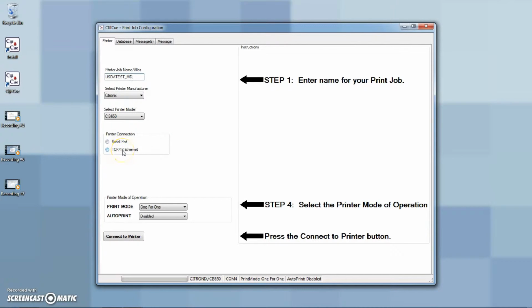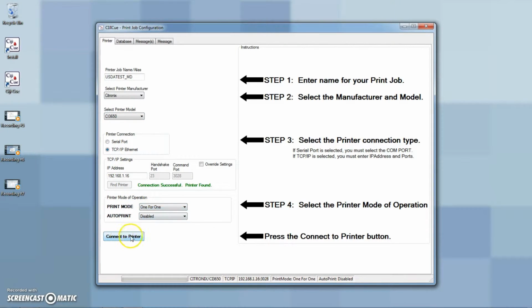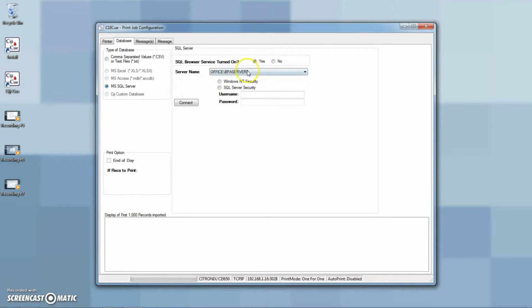So we'll go down, select the printer. Now once we've created a job with a specific printer model, that printer model will become the default model in this list from now on. So find the printer, leave it 1-for-1 disabled. I'm going to go to SQL Server. Select my server, key in the credentials, connect, pull the database,